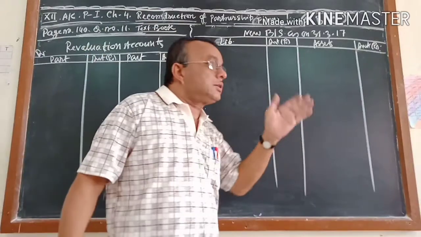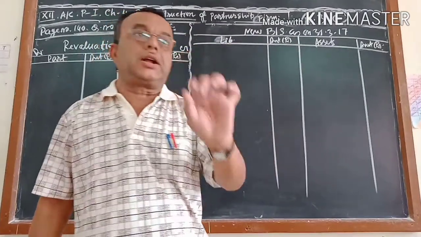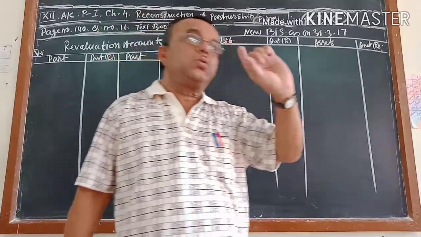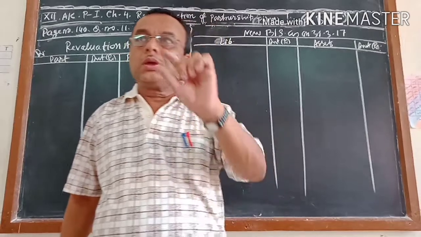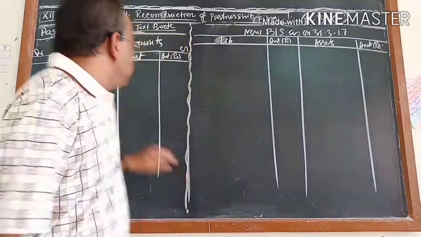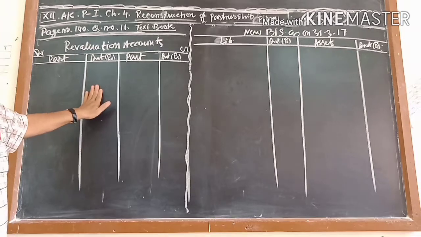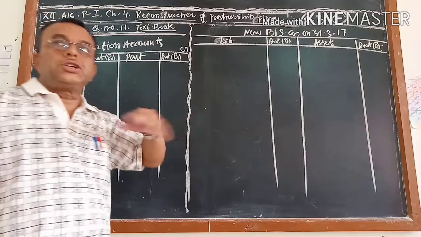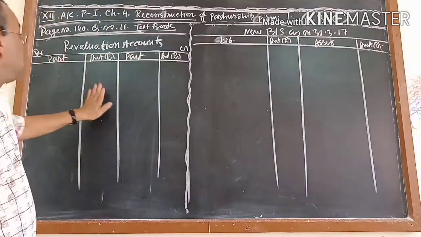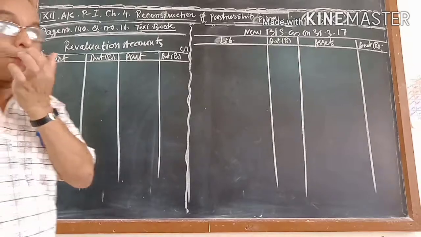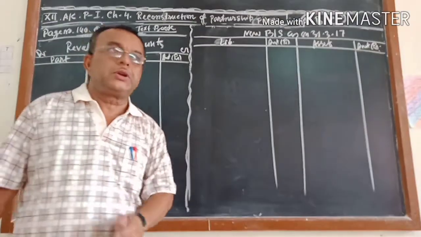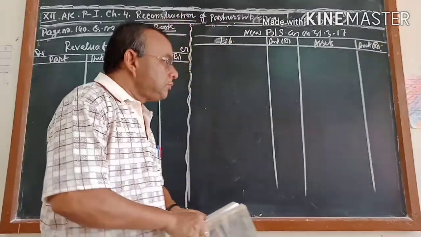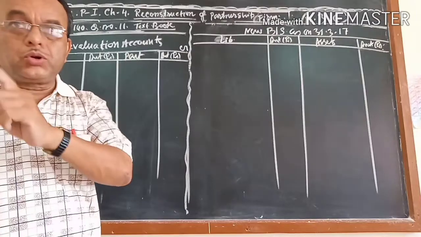Generally, I will not write the journal entry here, but I already told you the journal entry. Think about what journal will come for the change of assets and liabilities, and according to that you do the posting in the revaluation ledger. This is a ledger. The effect of the changes in assets and liabilities will come in this account, and whatever the profit or loss is, it should be distributed to the partners according to the old ratio.